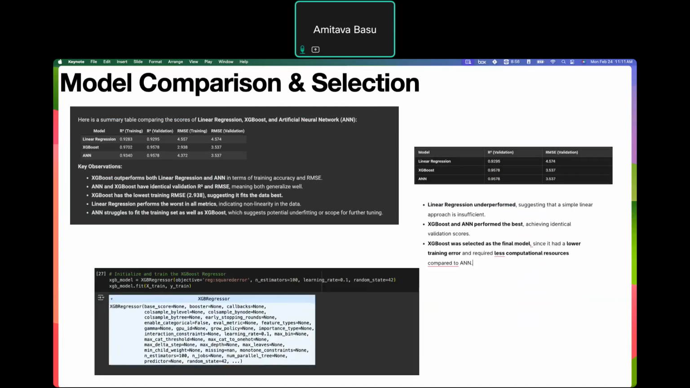So here are the results of our models on different data sets. Linear regression underperformed slightly, suggesting that a simple linear regression may not be completely sufficient to capture all relations. XGBoost and the neural network performed the best, achieving identical validation scores. I selected XGBoost as the final model,